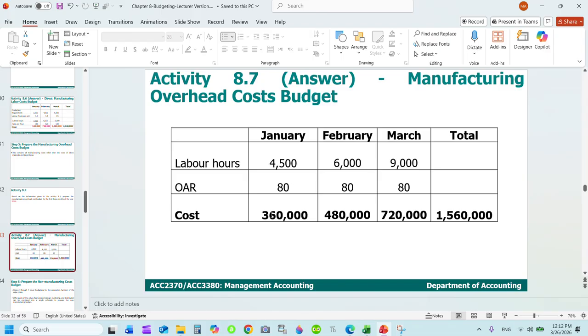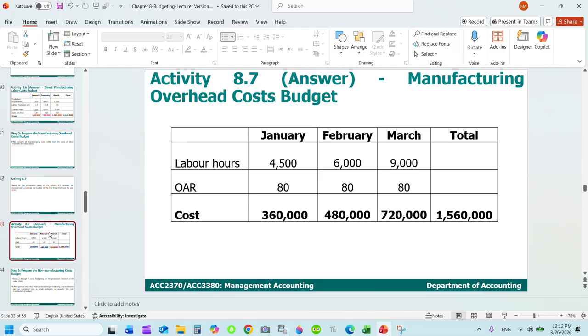Manufacturing overhead cost budget: 360, 480, and 720, altogether 1,560,000 manufacturing overhead cost budget. Next,